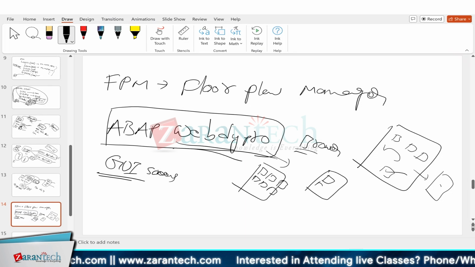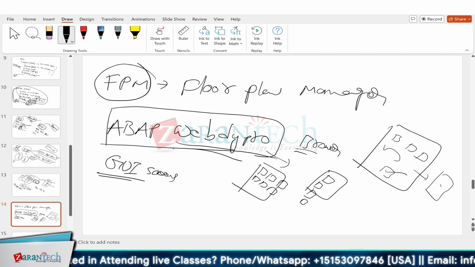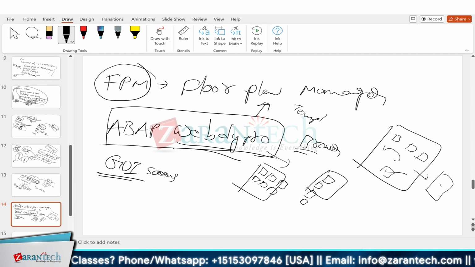Let's say their form will be something like this. Which means basically the layout, the look and feel of the application is not consistent, right? So that's why SAP came up with this concept called Floor Plan Manager. In this Floor Plan Manager, it's kind of a template, in the sense, let's say in